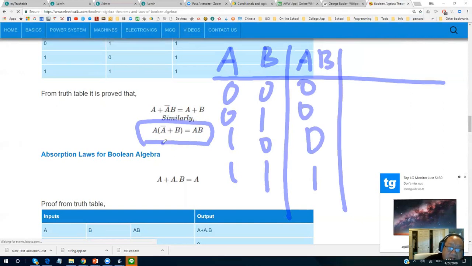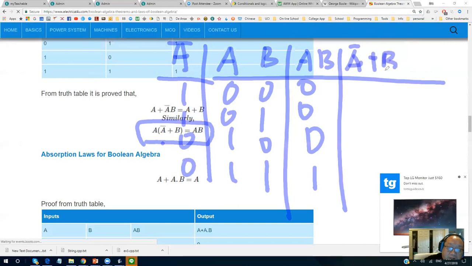I need my A bar. So I put my A bar on this side. I have 1, 1, 0, 0. Now I need A bar or B. So A bar or B. My B is over here. My A bar is over here. Any one of it will be true. So here is 1, 1, 0, 1.